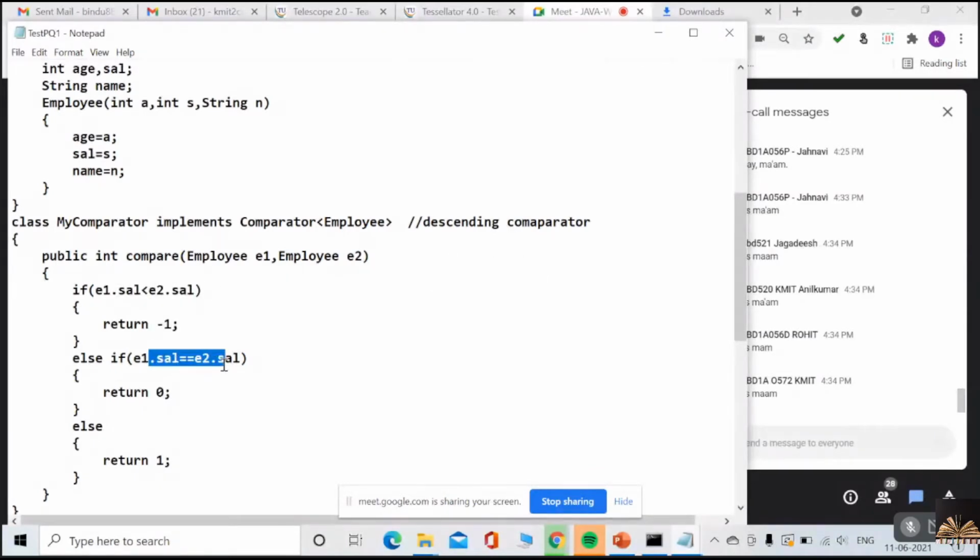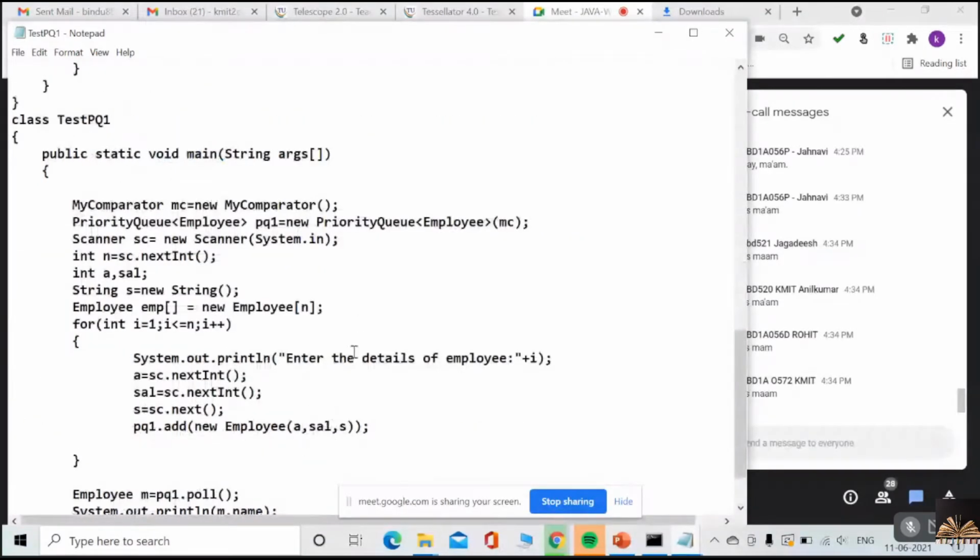Otherwise, if equal, 0, otherwise 1. Now, in the main method, I'm creating an object for my comparator, and I'm passing the comparator object, that is the salary comparator object, along with the object creation of the priority queue, because the priority queue has to give the priority of your objects based on the salary. Based on the salary, it has to arrange, in ascending order.